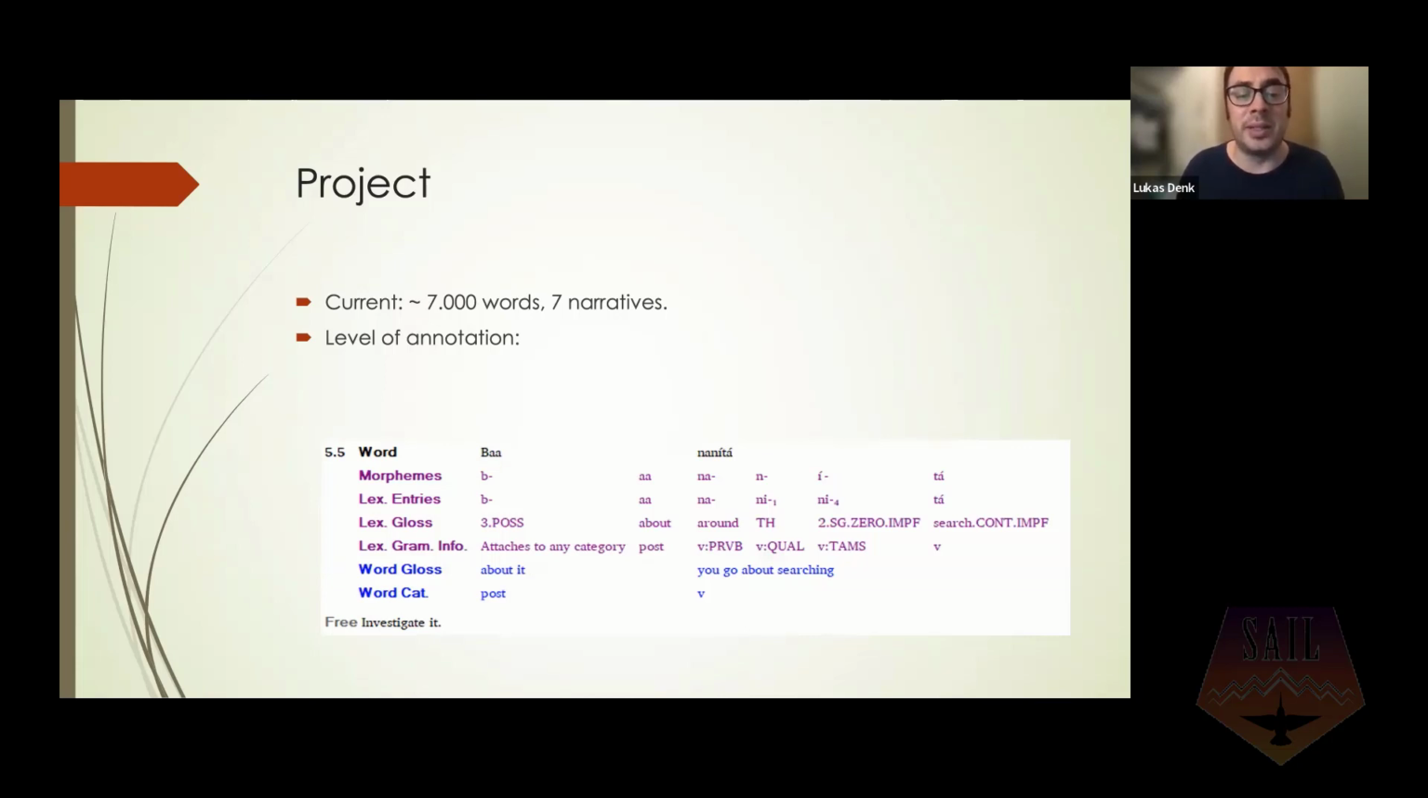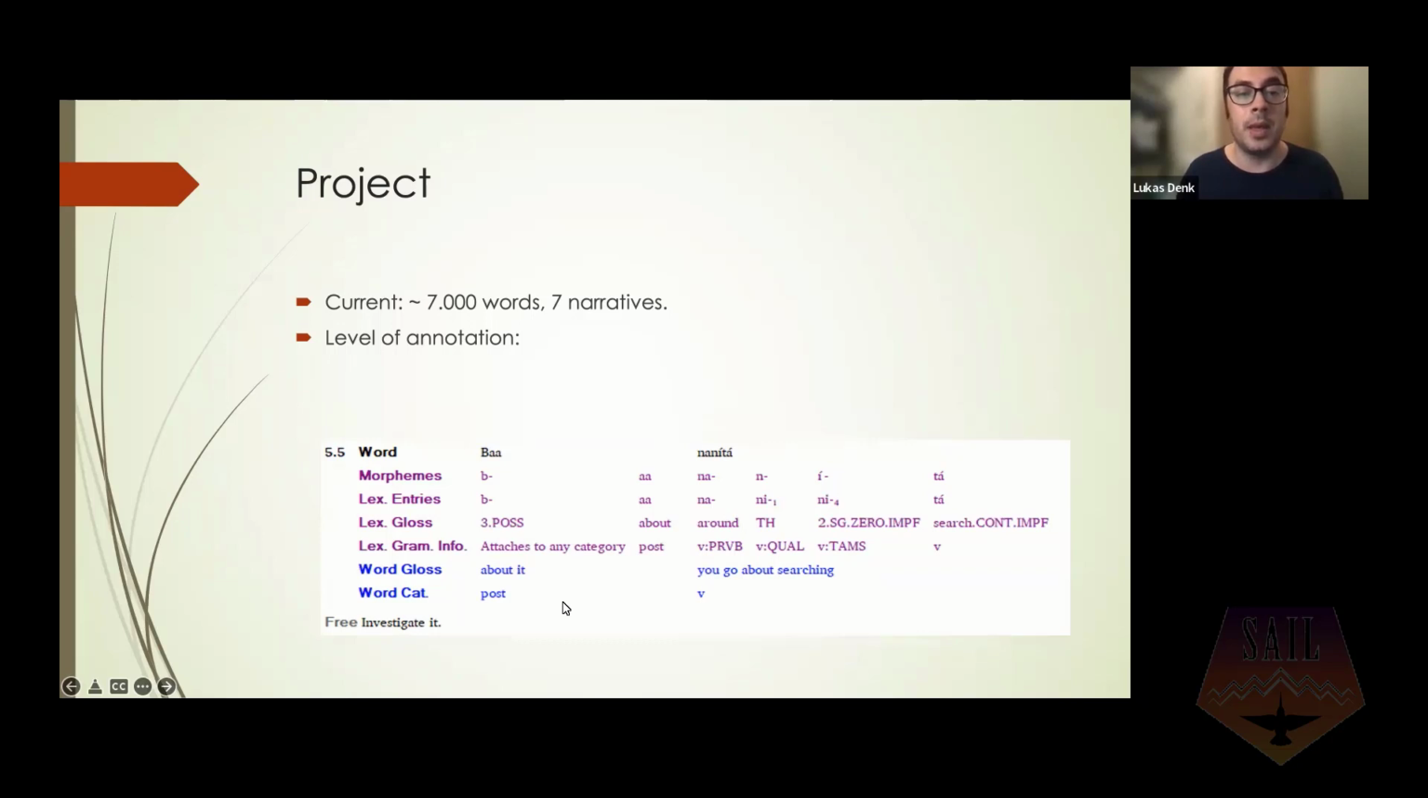And so where I'm currently at is 7,000 words of 7 narratives, so 7 texts of Navajo, and I include different levels of annotation. So word level, for example, here, and then you go about searching. That's how I gloss the whole word. But then we go more fine-grained, where we see the morphemes. So "be" means third-person possessive, and then "about," and you see all that inside the verb. So I would like to build a corpus that has a very fine-grained level, but also a coarse-grained level of